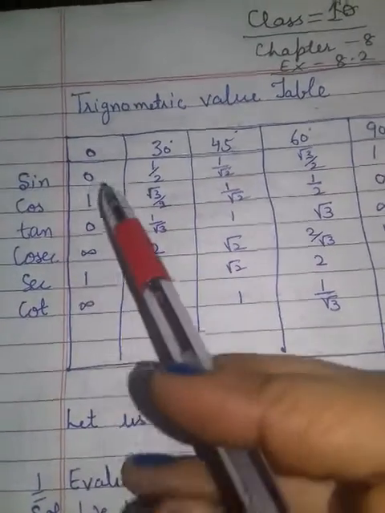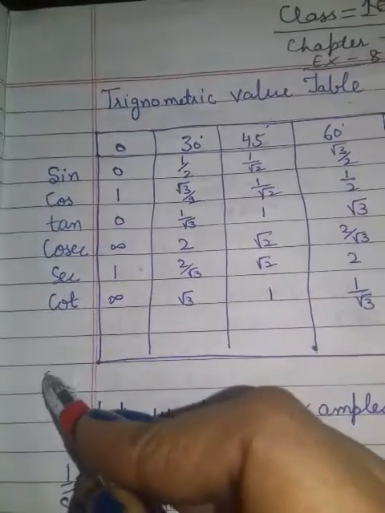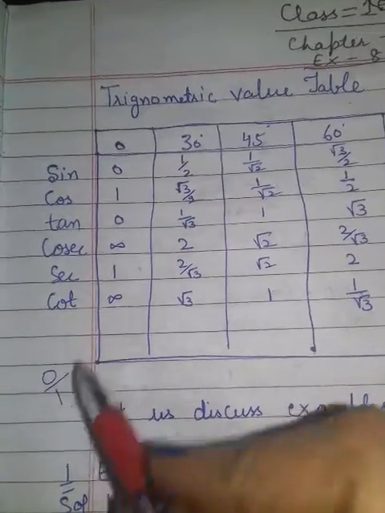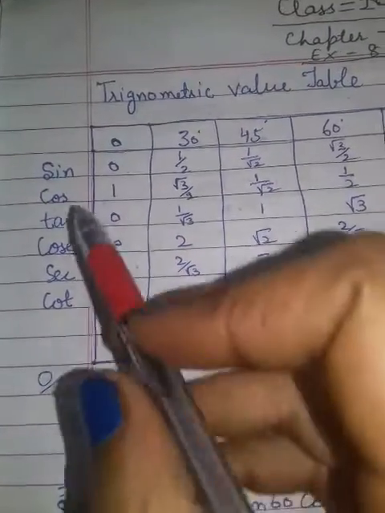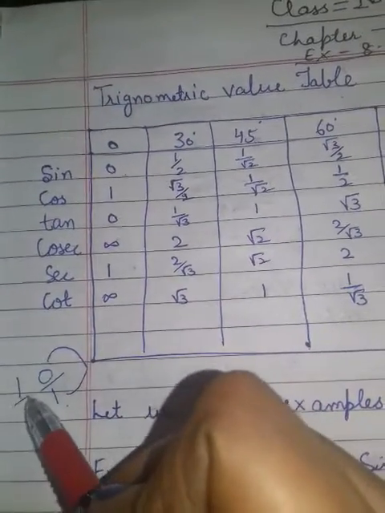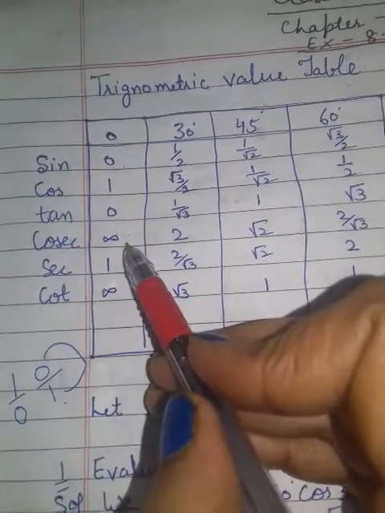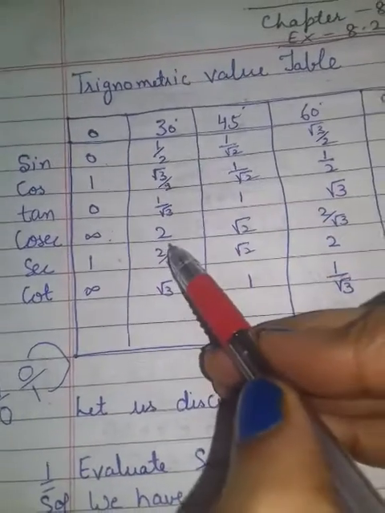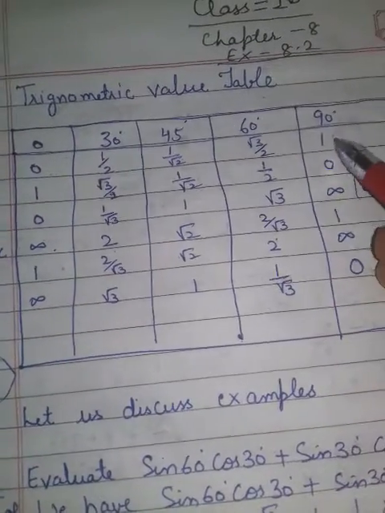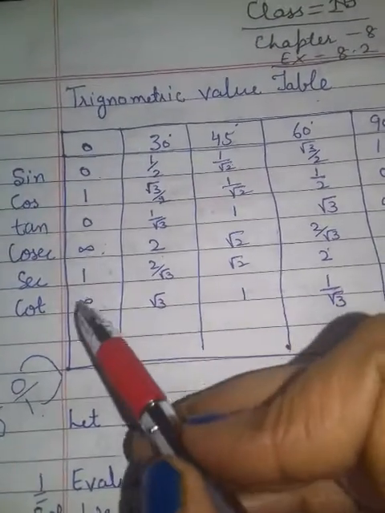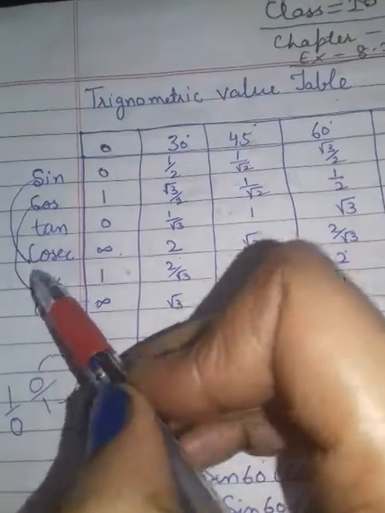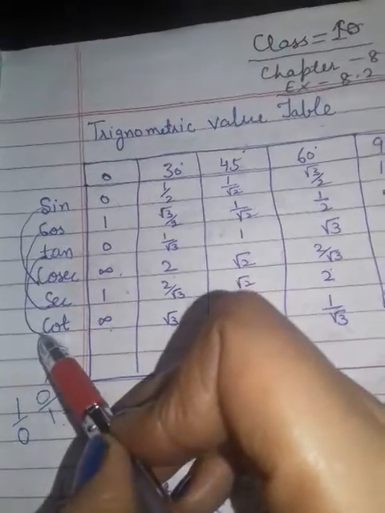And for cosecant, you know 0 is here, and with 0 in the denominator anything can be there. So 0 upon 1 is your sine value. Since cosecant is the reciprocal of sine, in cosecant you will take 1 upon 0. So what is there? Undefined. And here 2 upon 1 is 2. And here root 2, then 2 by root 3. 1's reciprocal is 1. Similarly with the others: sine's reciprocal is cosecant, cos's reciprocal is secant, tan's reciprocal is cot.